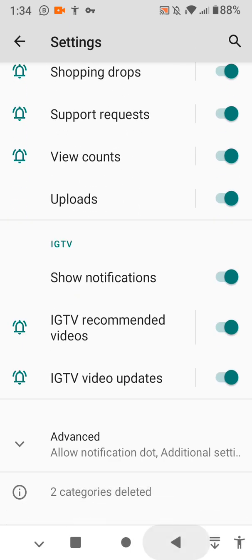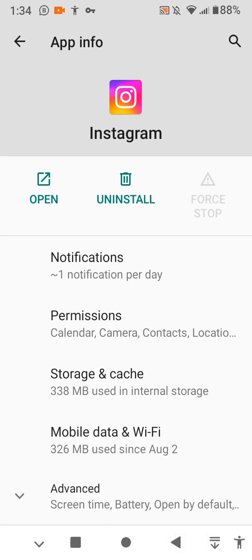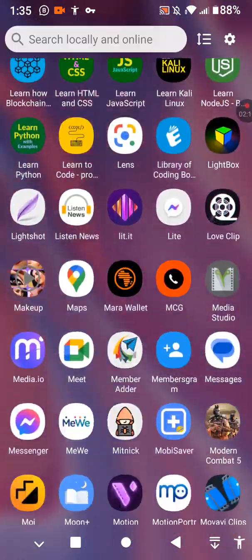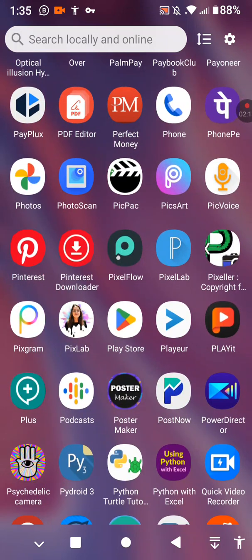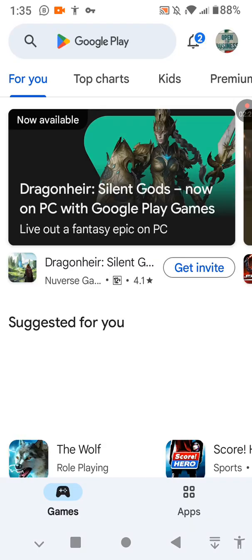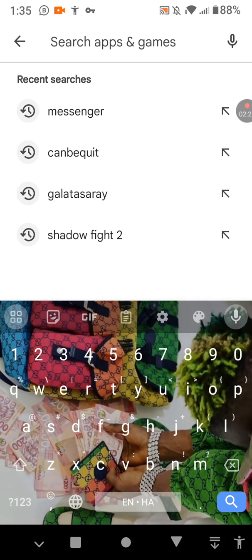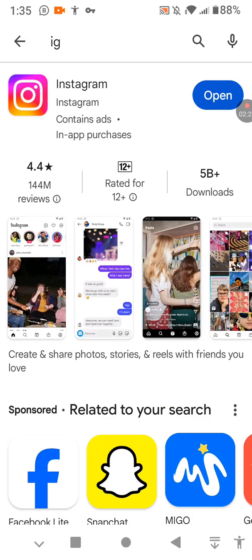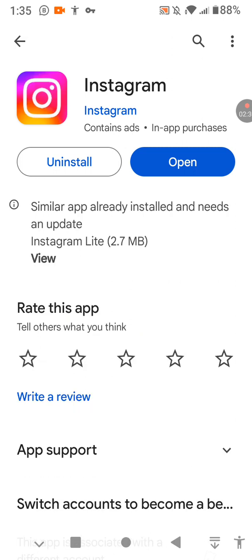After that, go back to your phone menu, then search for Play Store and tap on it. What you have to do next is search for IG or Instagram. When I type in IG, you're going to see Instagram, so tap on it. After tapping on it, where the rating is, you are going to see